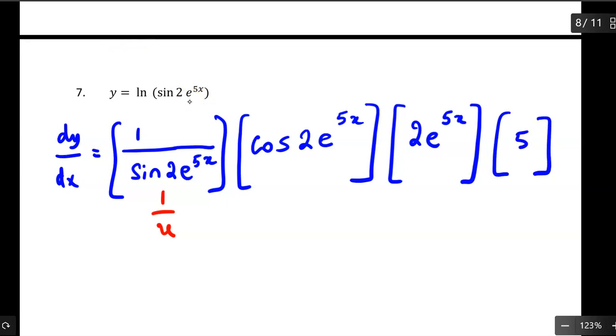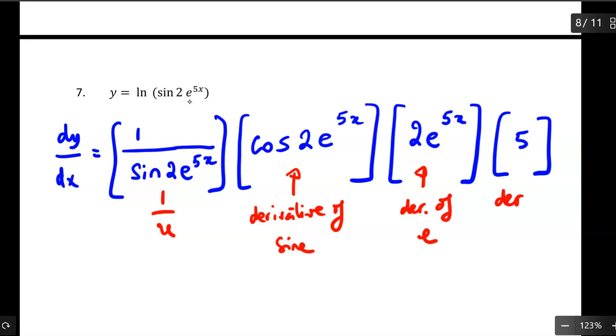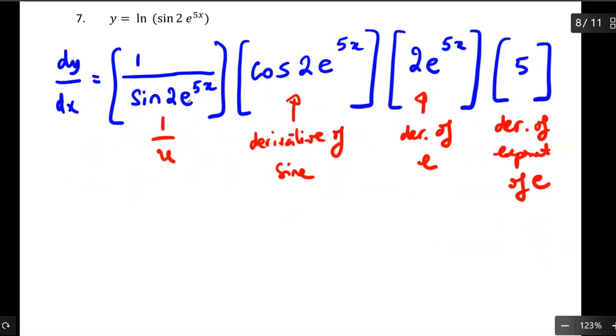Okay, so let's make a note for everyone here. So this is a derivative of sine. So this is derivative of e. And then this is the derivative of exponent of e. Okay, so just a few steps. So dy over dx, the final answer should be